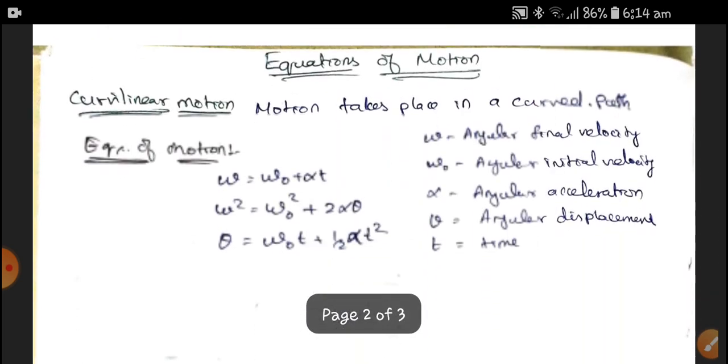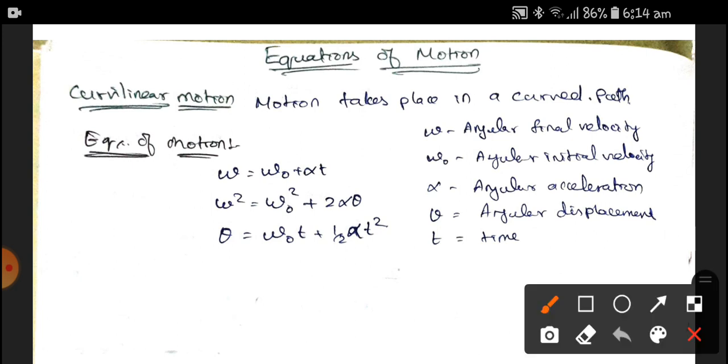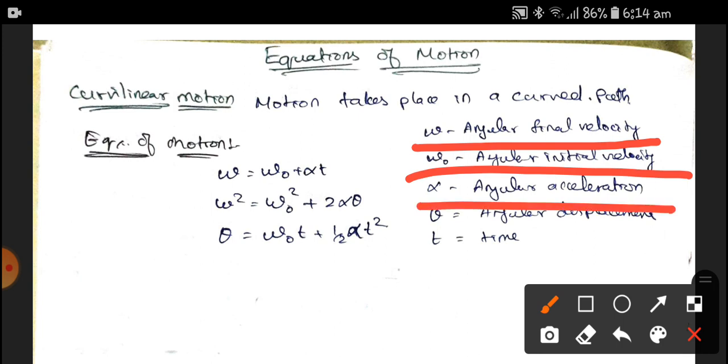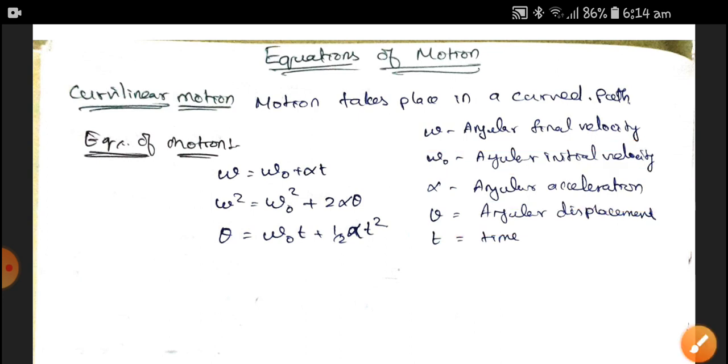Curvilinear motion is the motion that takes place in a curved path. The parameters involved are the final angular velocity, initial angular velocity, angular acceleration, angular displacement and time. The equation is omega is equal to omega naught plus alpha into t. The next equation is omega square is equal to omega naught square plus 2 into alpha into theta,